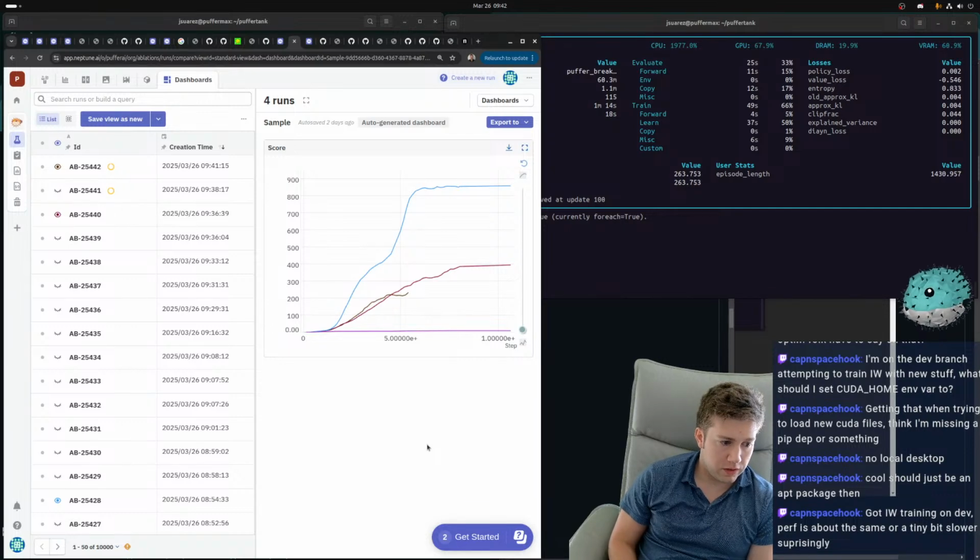Got impulse warning on dev. Perf is the same, a tiny bit slower. It's slower because the optimizer Muon has 10% overhead, and Cron has about 20%. They work way better though. I'd start with Muon for now until I figure out if there's something weird with Cron.